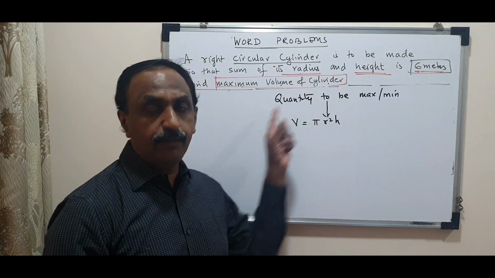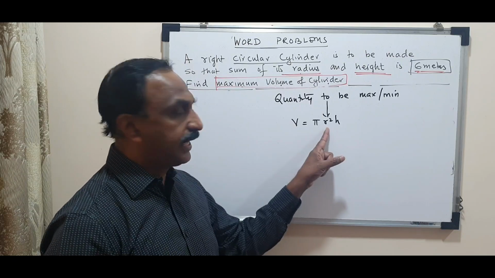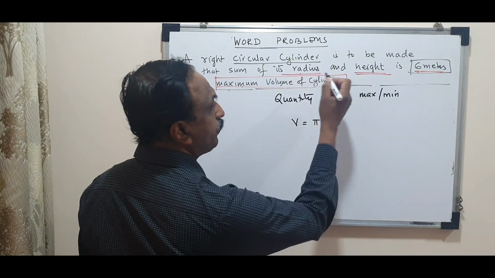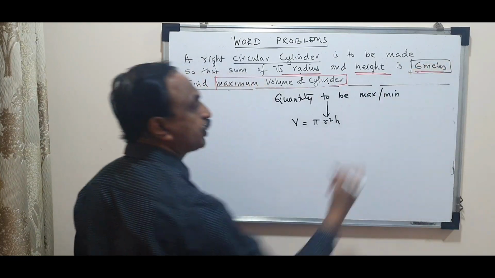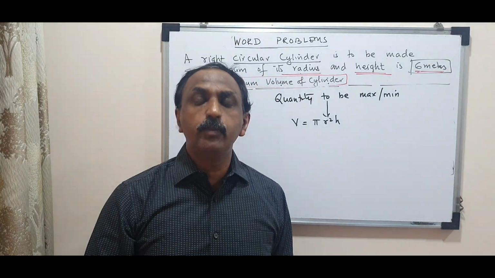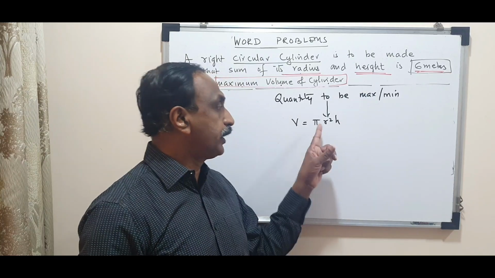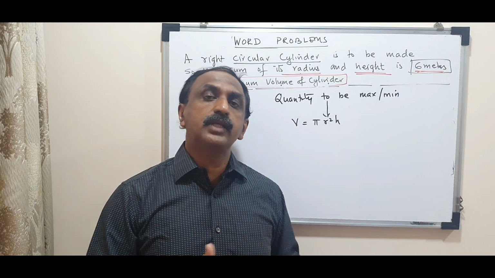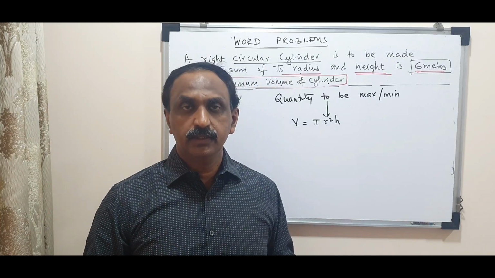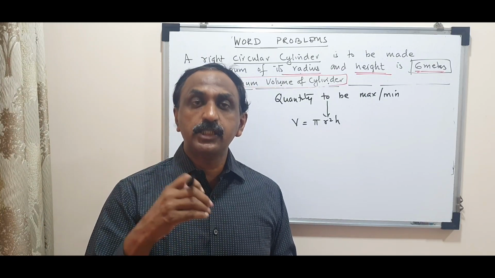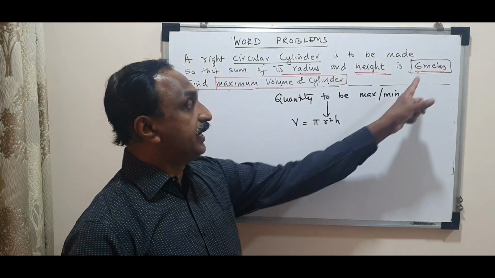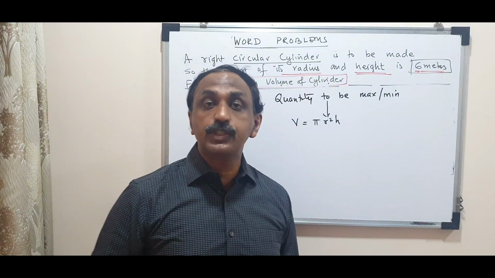So what are the variables involved in this problem? Radius, height and volume. Then it will also have some fixed numbers, constants. If I ask you, maximize the volume of the cylinder, you keep on increasing the radius, keep on increasing the height, you can make a cylinder of whatever volume you want. But here we need to maximize under a constant condition. There will be some constant condition in the problem. The number in the problem will give you the constant condition.